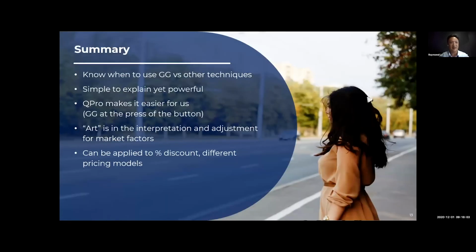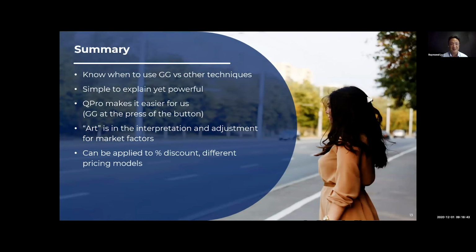Okay, this is my last slide, and I think timing's quite good. So look, just a summary of Gabor Granger. Know when to use Gabor Granger versus other techniques. If we're honing in on price and price demand, Gabor Granger is great. Obviously, if we need to look at willingness to pay for features and market share, something a bit more complex, conjoint comes into play here. But if we're isolating just the price points for a particular product or service, Gabor Granger is great for that particular use case. Again, it's so simple to explain, yet the impacts are powerful and worth billions of dollars to any client we work with.